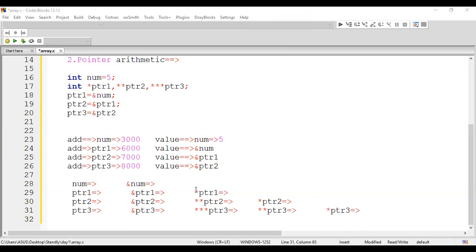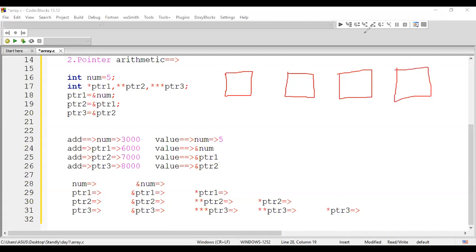As per the scenario, for a better understanding, let me do one more small piece of work. This is your number, this is your pointer 1, this is your pointer 2 and this is your pointer 3. The number has a value 5 in it and its address is 3000.